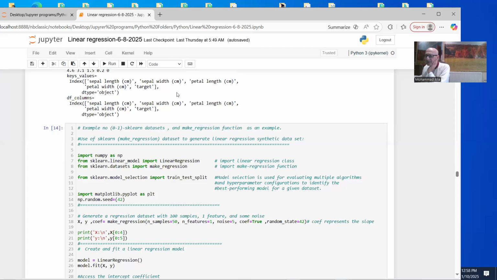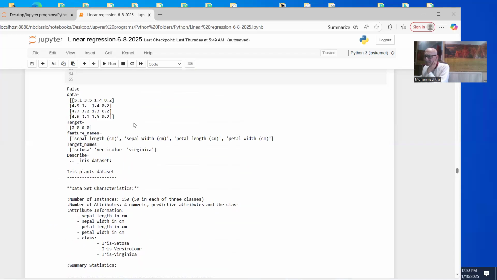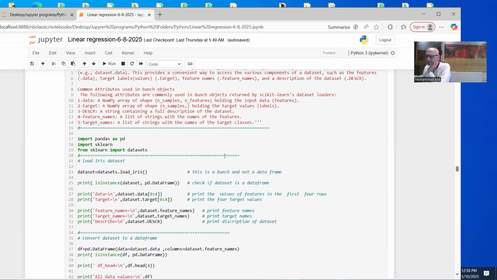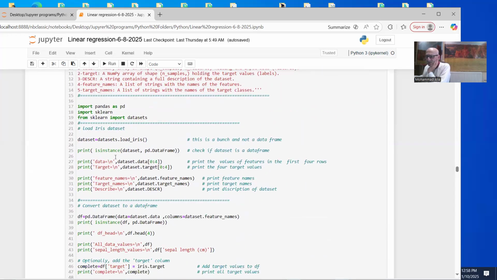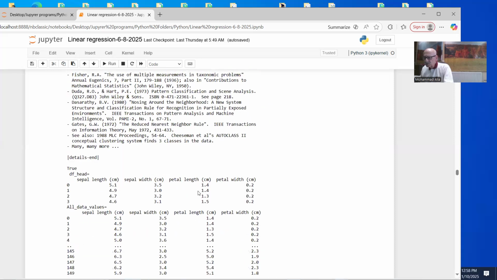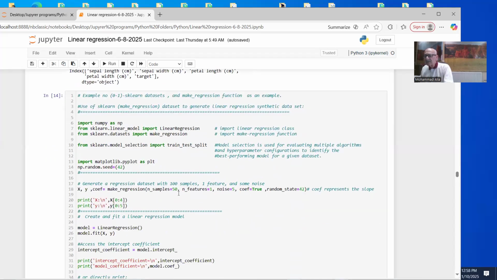sepal length, sepal width, petal width with the target. So it depends on what you want, but I think most of the interesting techniques which could be used with the bunch and the data frame are now illustrated to you, and you can refer to this example when you want. But this is not the only interesting thing I am showing you today. I will show you other interesting techniques related to the bunch